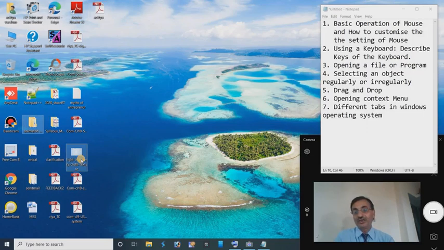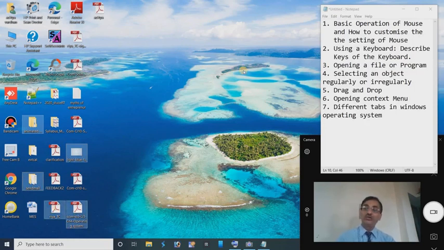Here, now you are looking here. These different icons are not present in the regular way. They are irregularly present on the desktop. So if we require to irregularly select the required icons on the desktop or any other places, we have to hold down the control button, and after that use the mouse pointer to point and select that object. In this way we can irregularly select the required icons on the desktop or any other places in Windows.